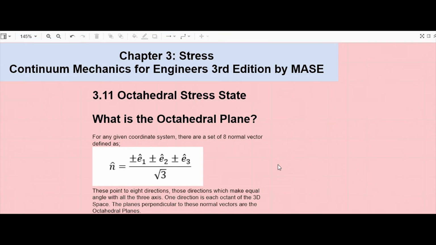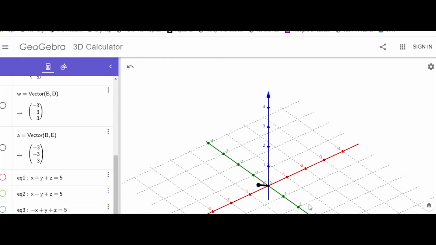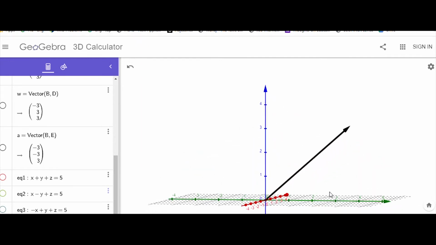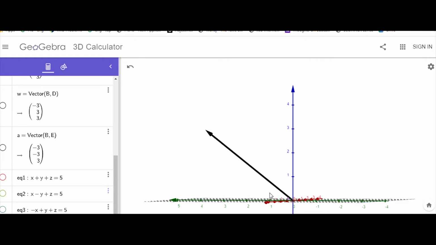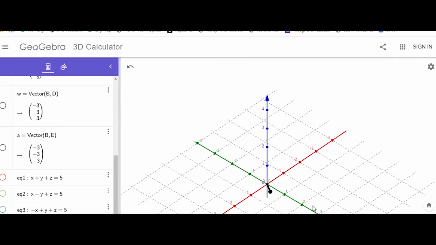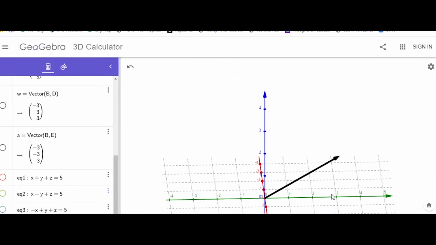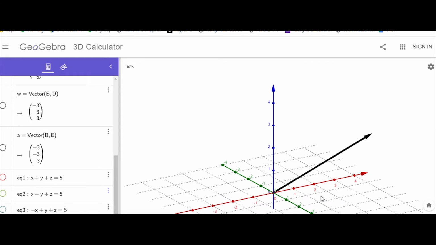Let's move to this wonderful tool called geogebra.org. Here, I have plotted a vector. You can see how it has equal angles with all the three axes. So this is the main foundation. Such a vector stands in the middle of an octant of the 3D space, sharing equal angle with the three coordinate axes. Since there are 8 octants of the 3D space, hence we have 8 of these vectors, and